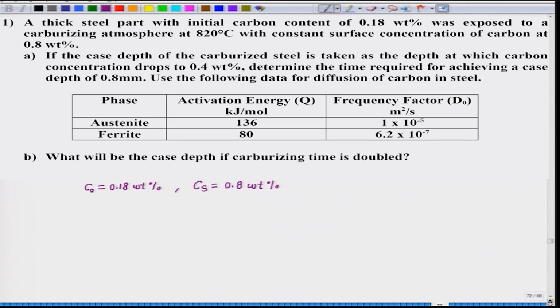Assume that molar volume and interdiffusivities are independent of composition. Interdiffusivity of carbon in steel should be considered here, and since the interdiffusivity can be assumed constant, we can use the solution that we have derived for the carburizing boundary conditions, that is the semi infinite boundary conditions. And since the problem states that the steel part is thick, which means it obeys the semi infinite boundary conditions. So,